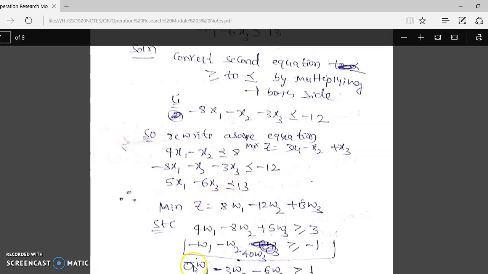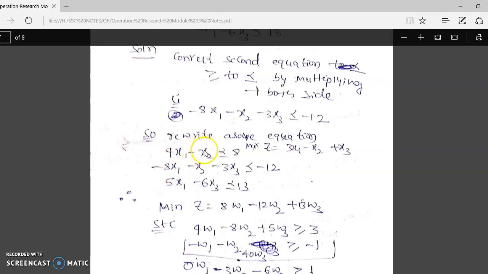Then apply the dual. What are the coefficients of z? x1 is 3, x2 is -1, x3 is +1. So write 3, -1, 1. Here the less than constraints are converted into greater than for the constants. Then 4, -8, 5. That is 4w1 minus 8w2 plus